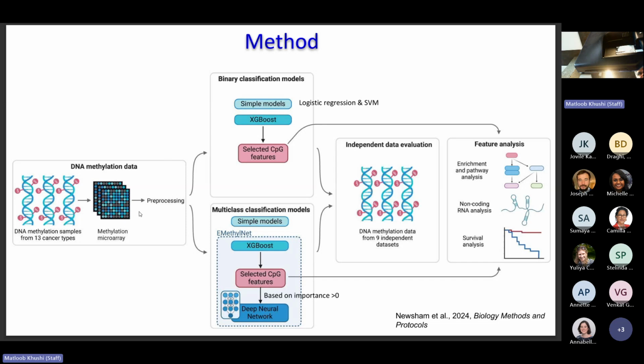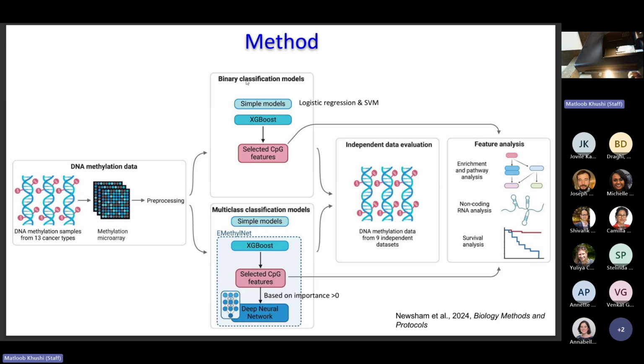Once you do that, we had 2 approaches. We tried binary classification, and we had multi-class classification methods. We also tried very simple methods like logistic regression and SVMs, because why use more complex methods like deep learning if a simple regression model can solve your problem? These things weren't bad, but across cancer types, they gave very variable results. So they were not consistent.